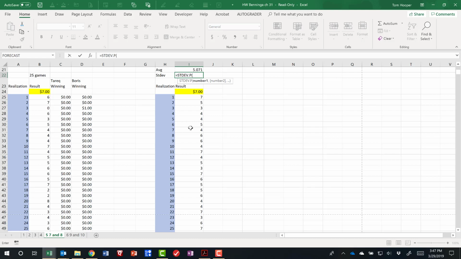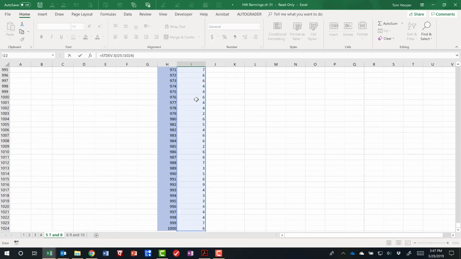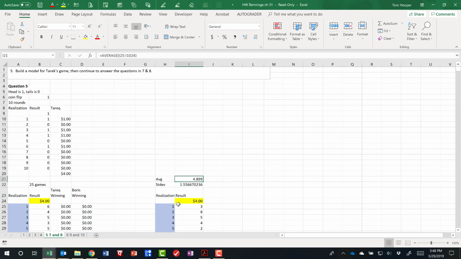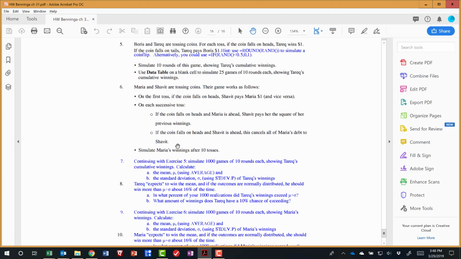Go ahead and use the sample standard deviation. It's going to be a minuscule difference which one of those two we choose. And so we know what the average and standard deviation are for that 1,000 possible outcomes of this 10-round game. Those numbers should change a little bit if I hit F9. So now we have our answer 7A and 7B, and we can compare that to what we would have expected